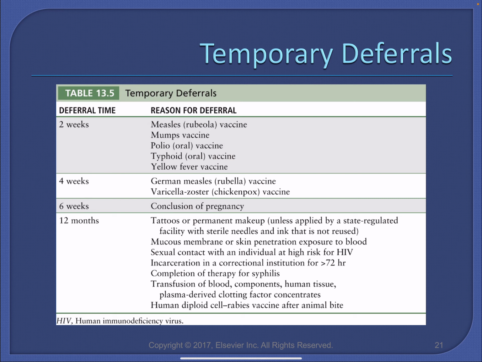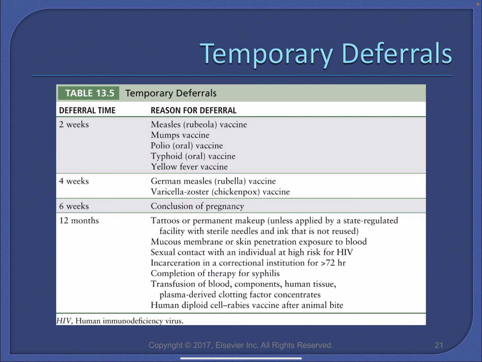Recombinant vaccines like the human papilloma vaccine do not require a deferral at all, and a 12-month deferral is necessary if the donor was exposed to an animal in need of a rabies vaccination. So here are the temporary deferrals for certain vaccines: 2 weeks for the measles, mumps, polio, typhoid, yellow fever vaccine, 4 weeks for the German measles, rubella vaccine, or the chickenpox vaccine, 6 weeks after the pregnancy. Okay, so once the patient's pregnant, they have to wait 6 weeks to do a blood donation, and